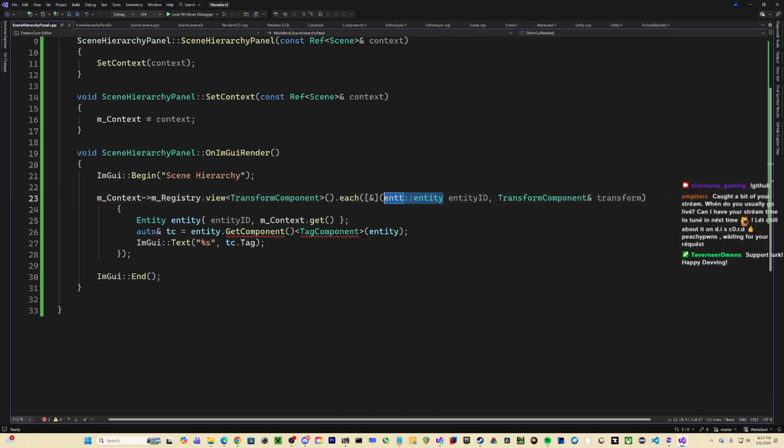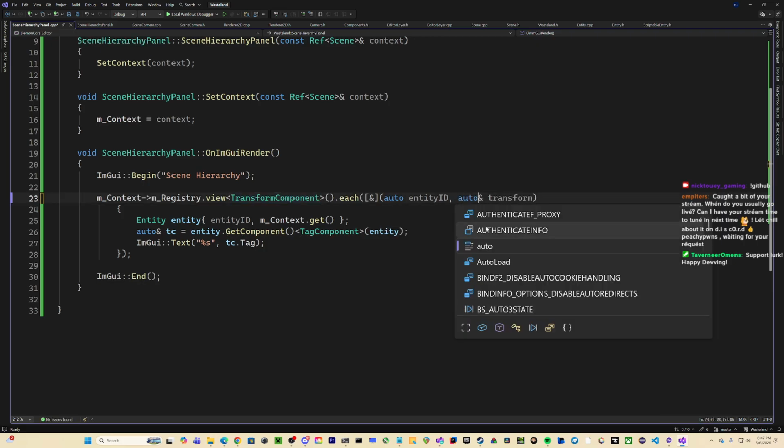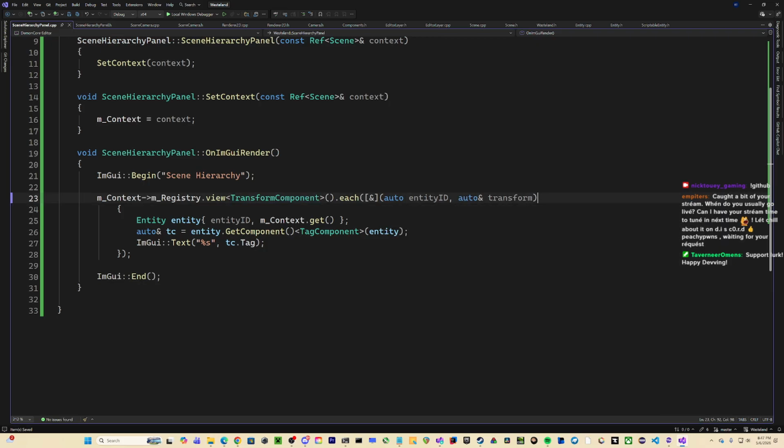That doesn't work. So just do auto and it might work.